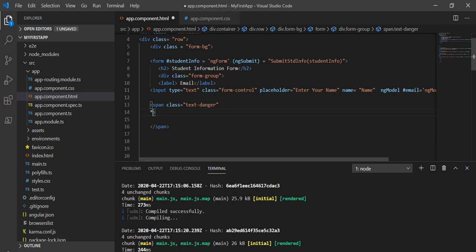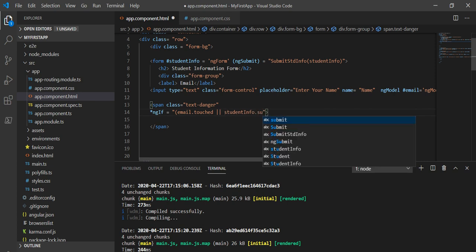I will take *ngIf, like I'm taking ngIf, and we are deciding when we will show this message. Like email.touched, or what I will take, like this submitted student info.